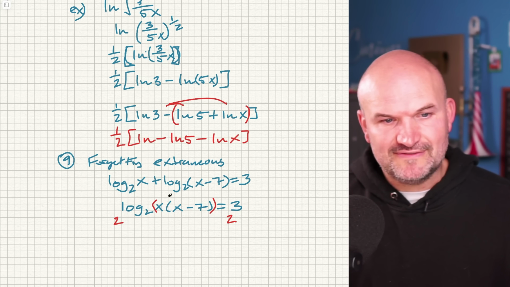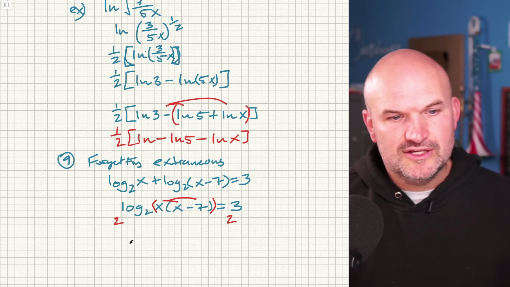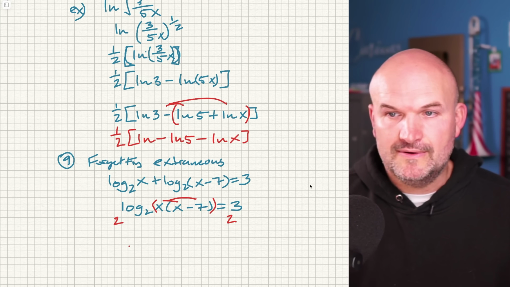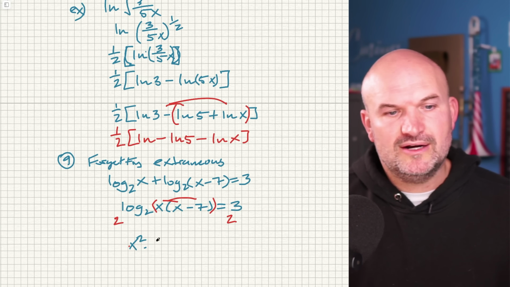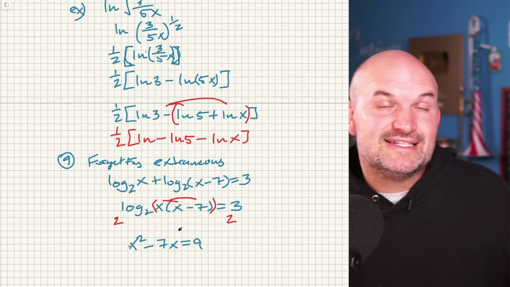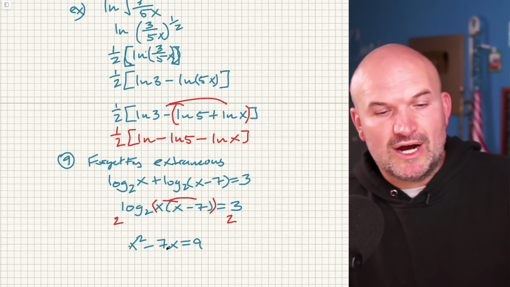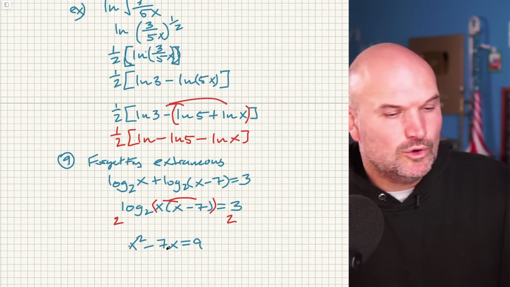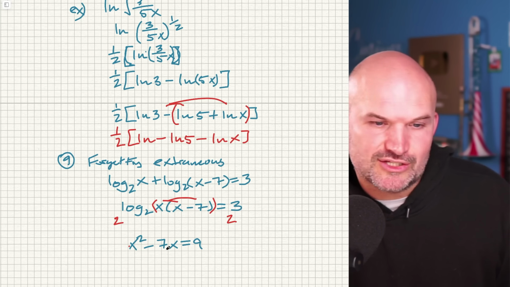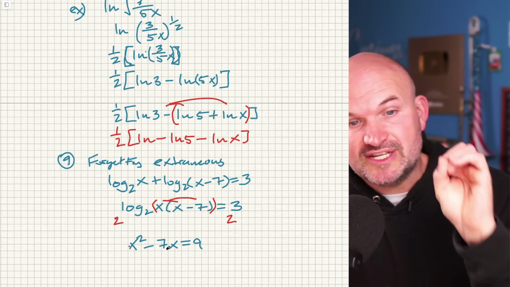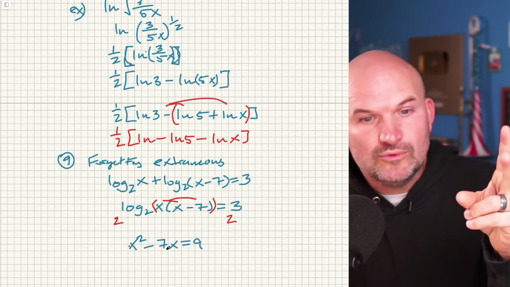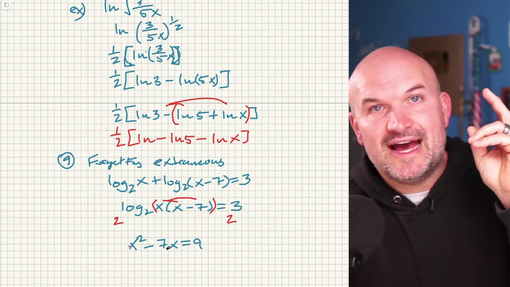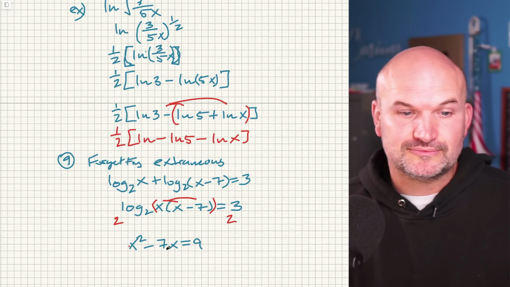That's going to simplify left. Let's go ahead and distribute this. So therefore, that's going to be x squared minus 7x is going to equal 2 to the 3rd, which is 9. Now I recognize I have a quadratic. Now what do we know about quadratic equations? Quadratic equations, to solve, we want to set them equal to 0: quadratic formula, factoring, completing the square. But we also know we could have 0 real solutions, 2 real solutions, or